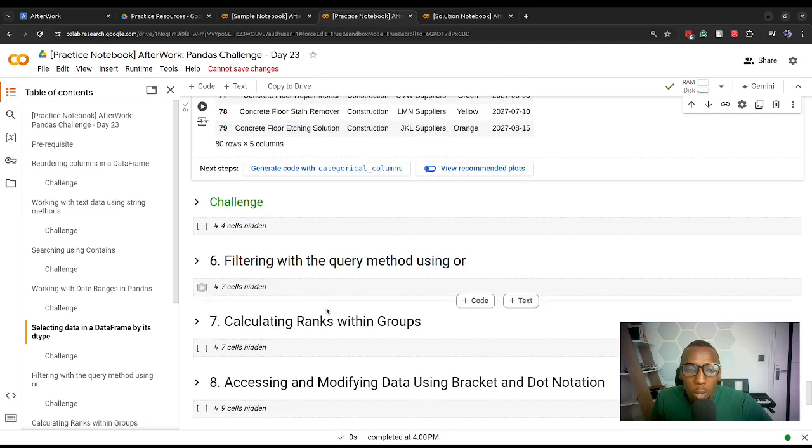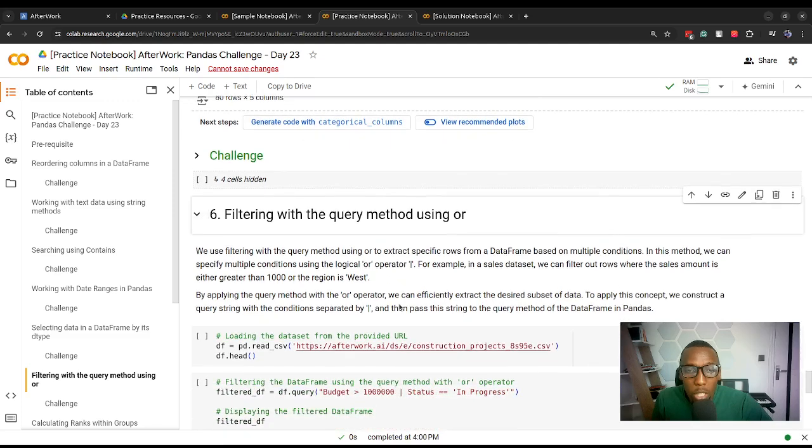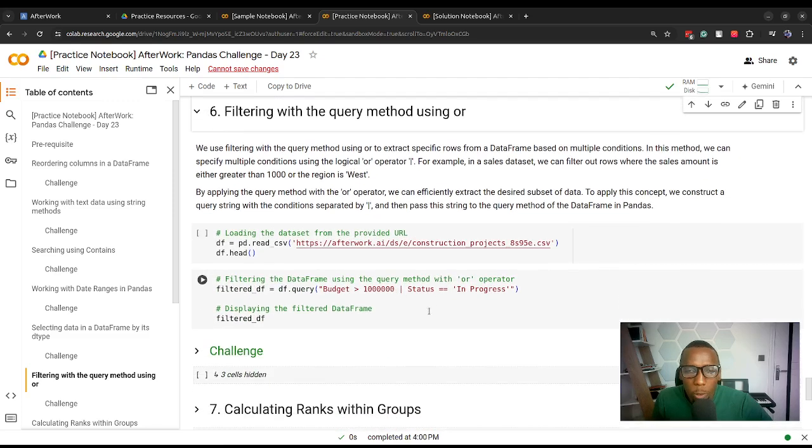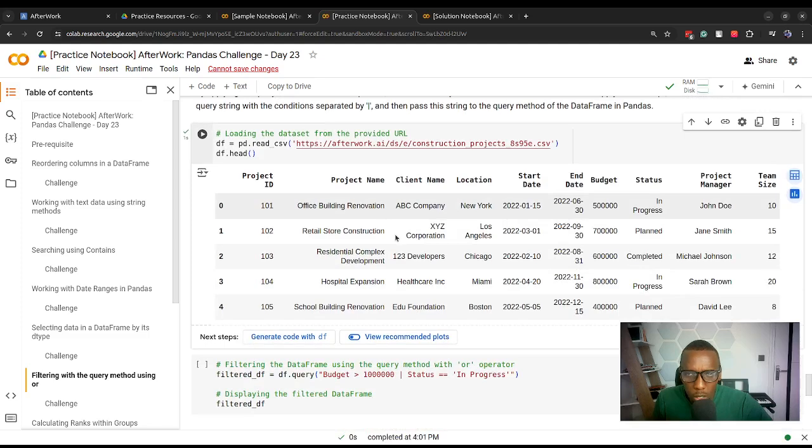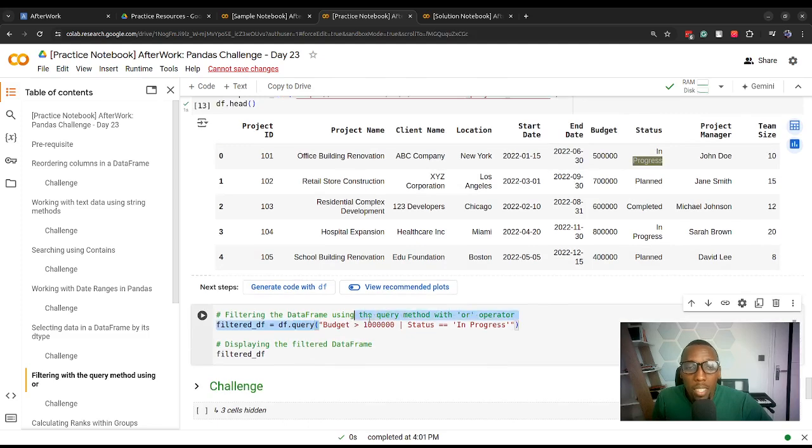In some cases, we might want to filter for data not using Boolean indexing. We might want to use a query method and then check for either of the conditions that we want. So if we had again this data set, but now this one contains just information about construction projects. If we wanted to get records that have a budget greater than 1 million, or status is in progress, then we can decide to use the query method, and inside it set the conditions